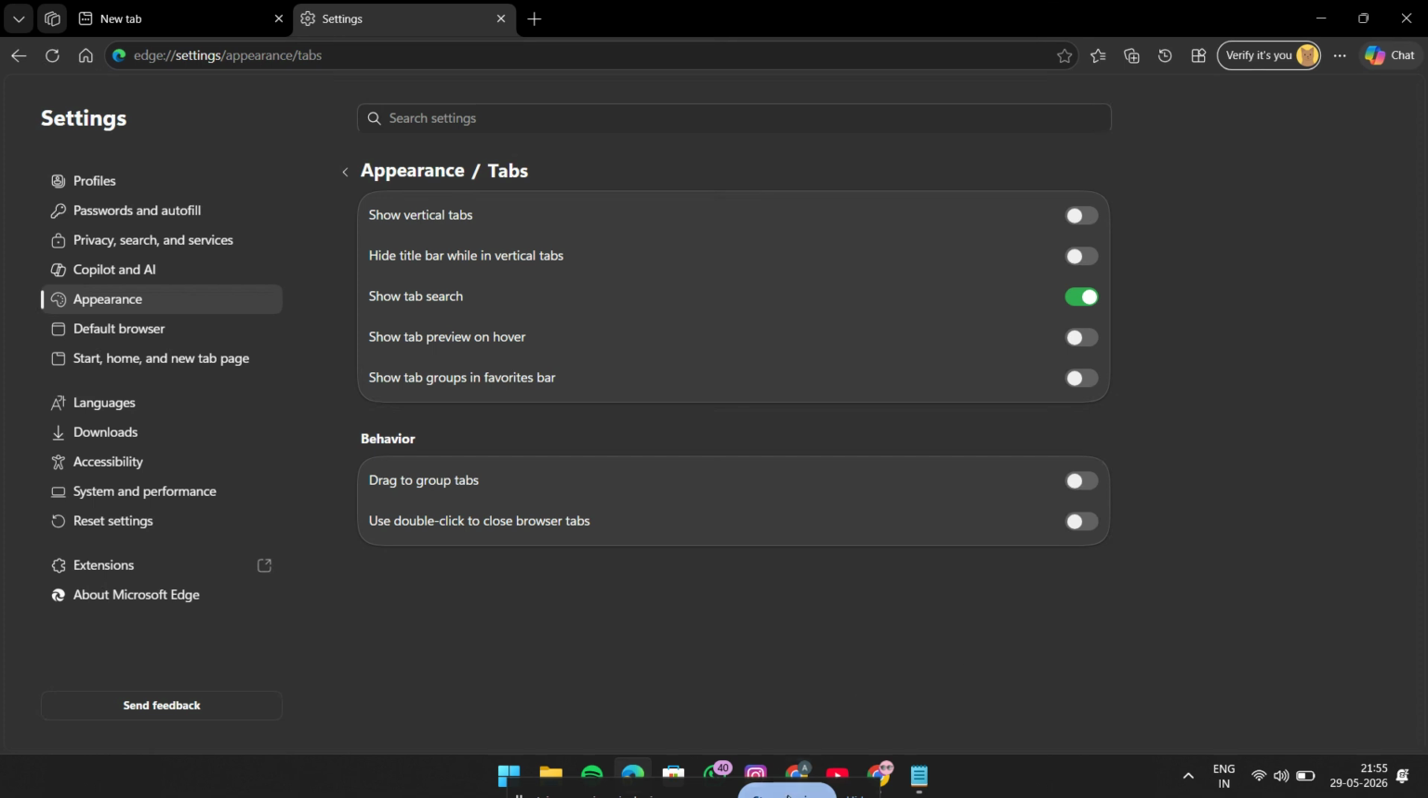That's really all there is to it. No extra software, no complicated steps, just a quick setting change inside Edge. If you ever want to turn the feature back on, you can return to the same place and toggle it on again. So to recap, go to Settings, choose Appearance, open tabs, and turn off Use double-click to close browser